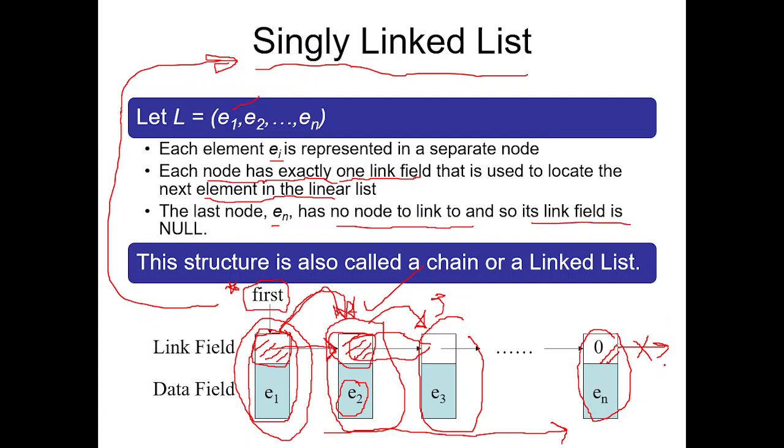So there is no node after En to which it needs to create a link. That's why the link field is null or zero. Okay, so this is a singly linked list,